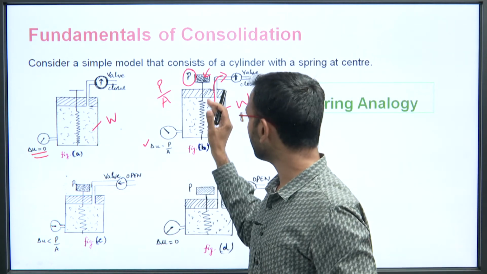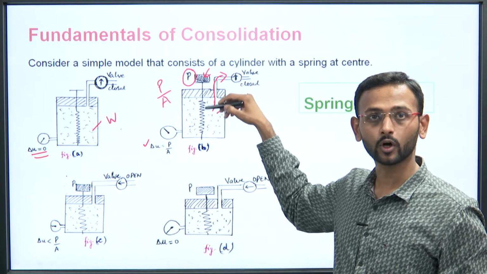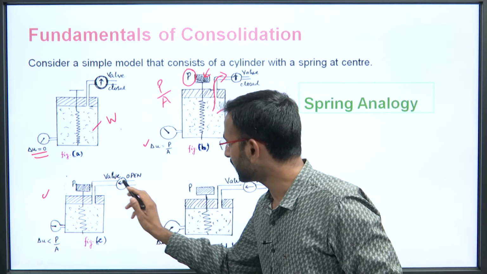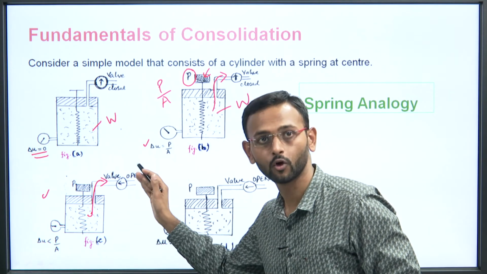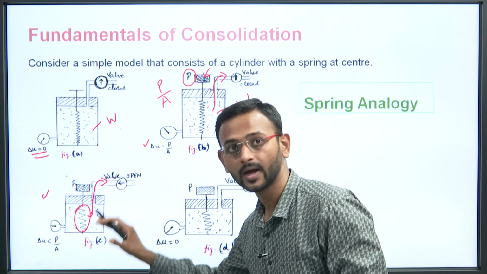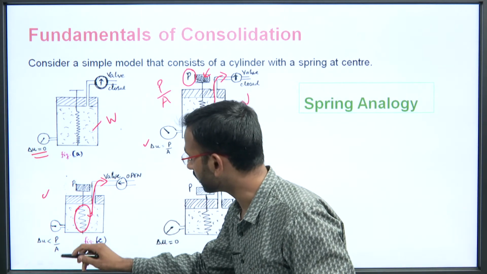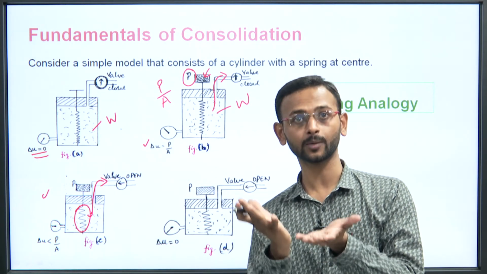Now see, if we open the valve, what happens? The water will get a space and the water will try to move out. So see the third figure here: if we open the valve, the water here will be trying to move out of this valve, and the spring will come into action, and this will get slightly compressed. And the pore water pressure is nothing but water taking up the pressure,